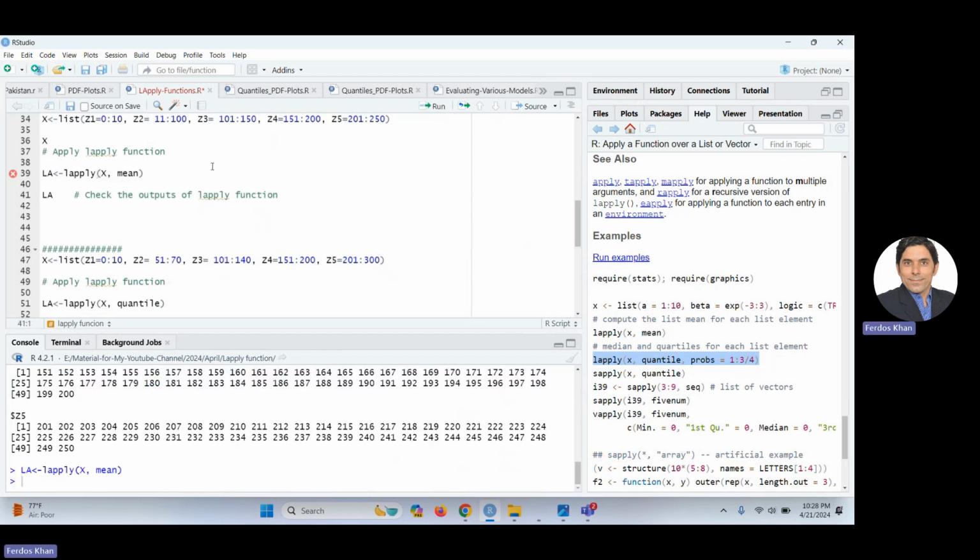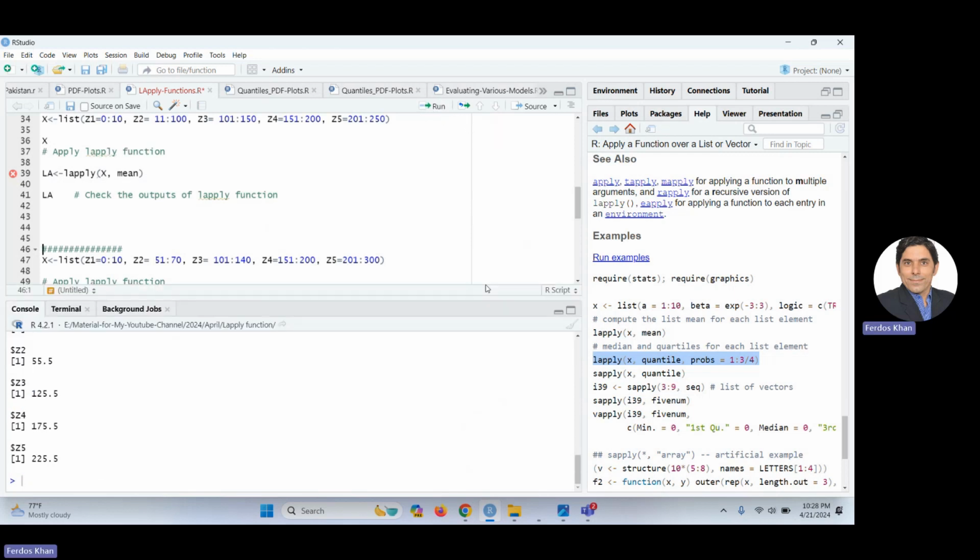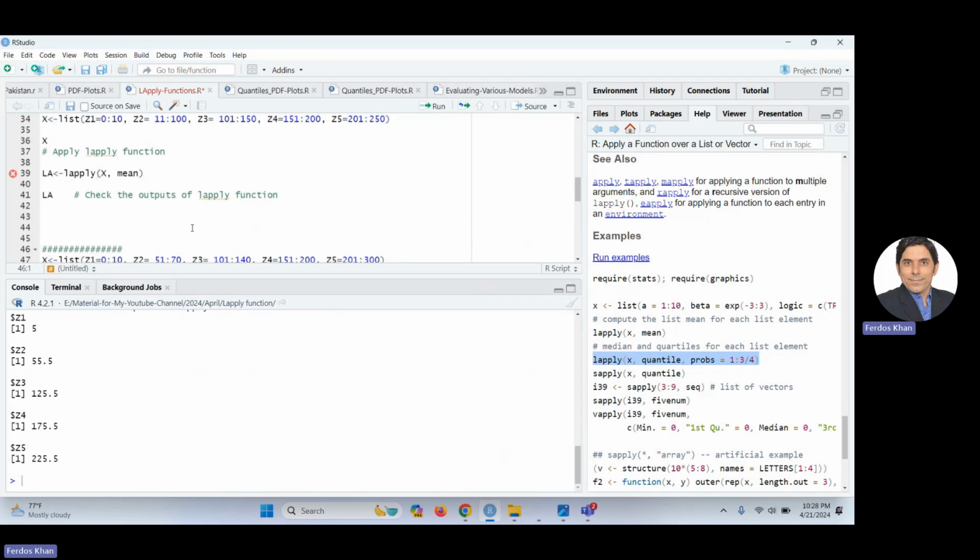Okay, so there is no error, and now you can run this LA because the result is stored in LA. Just click, and this will give you the mean because you calculated the mean value. So this will give you the mean value for each element of the list, or each data. If you want to calculate summary for each element of the list, just